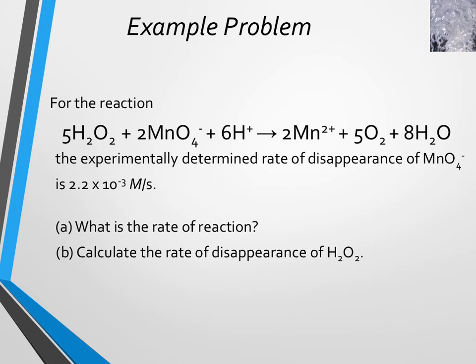Here's an example problem where you can see if you've picked up the concept that I'm trying to convey. Look at this reaction. It's got a lot of reactants and products, so there's a lot of room for practice. The given information is they tell you that the rate of the reaction with respect to permanganate is 2.2 times 10 to the minus third